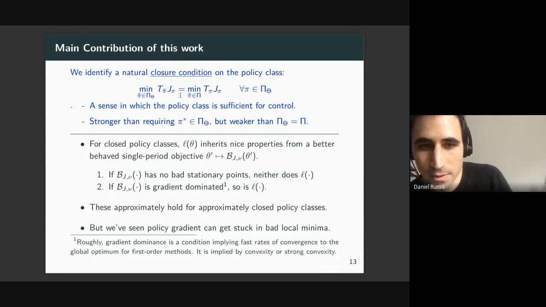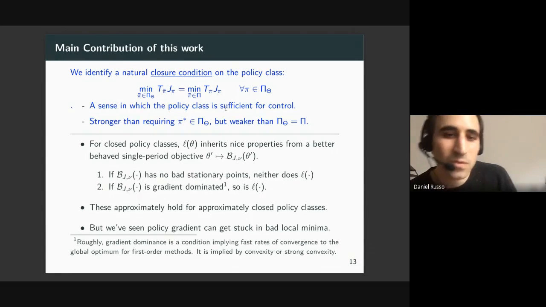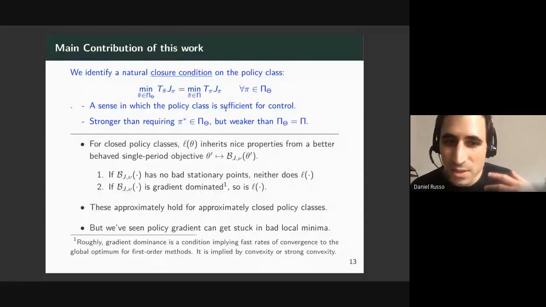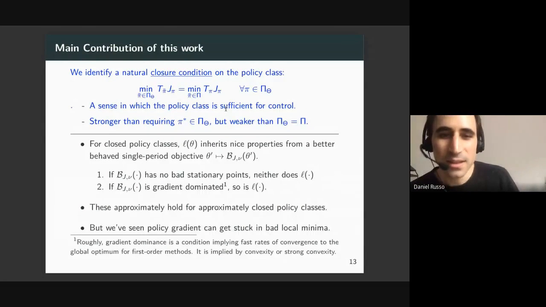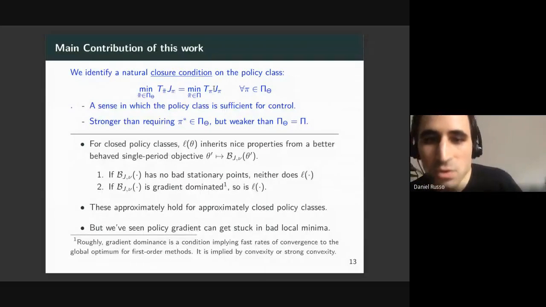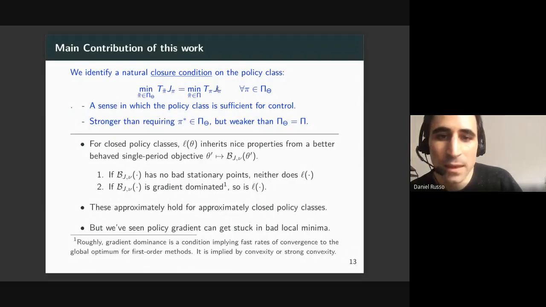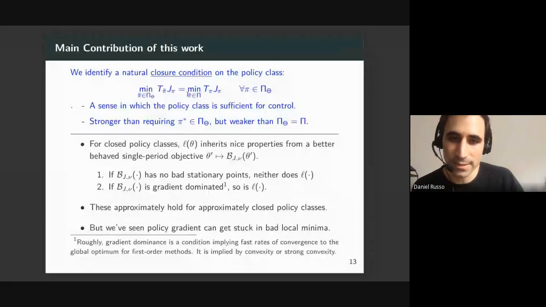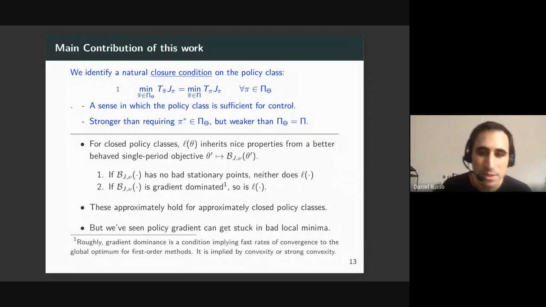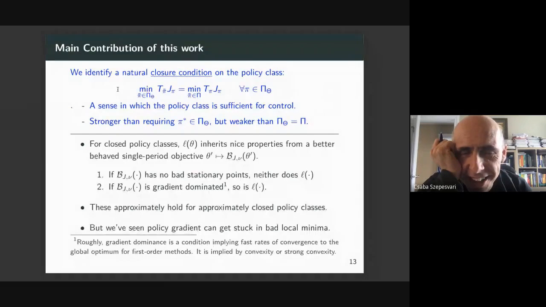So to make this more concrete, in linear quadratic control, can I just finish this sentence? And then, in linear quadratic control, if you start with a linear policy and you consider making a Bellman update to that linear policy, it's sufficient to minimize over linear policies and not over all policies. Yeah, okay, question? Sorry, is this the argmin or the min?